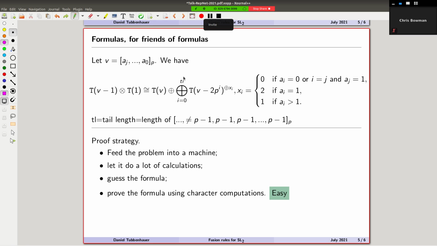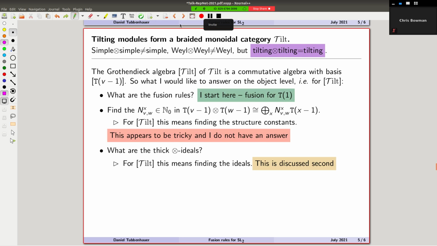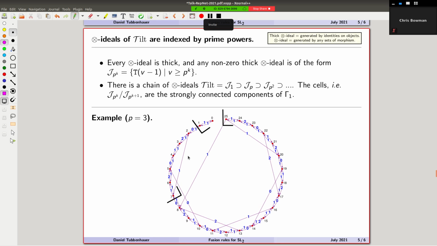So it kind of describes the periodicity, but not the fractal structure. But I need to stress this again, I'm not claiming originality, I'm pretty sure that someone has done this before. What I'm also pretty sure is that no one has ever categorified this, and that's where I'm going next. But let me just briefly discuss the tensor ideals, because they also have a fractal structure, and it's very easy